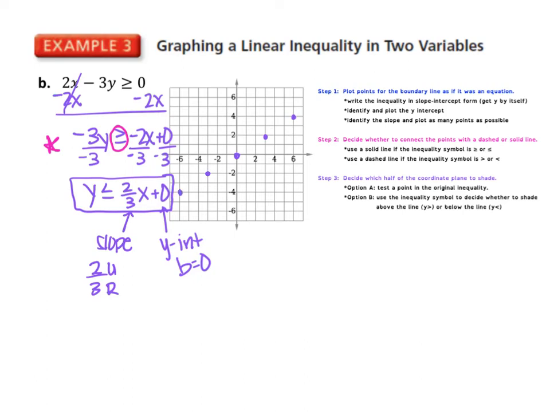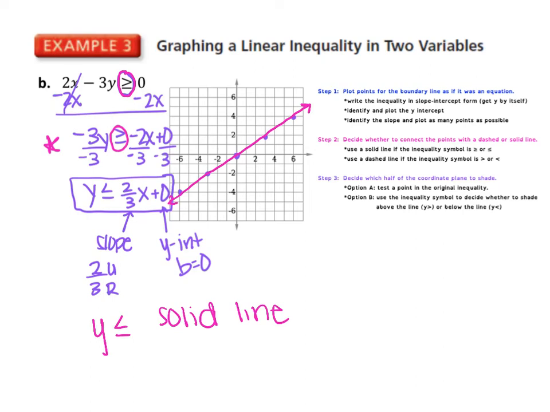Next step, do I connect those with a solid line or a dashed line? Because my inequality symbol was greater than or equal to, and then when I got y by itself, it ended up being less than or equal to, right? It changed. That's where using those options when I decide how to shade could come in handy. If you think you're going to forget that, then maybe testing a point, even though it takes longer, is a good idea. But otherwise, I can look at this and say y is less than or equal to means I need a solid line because it has the or equal to. So I'm going to connect those with a solid line,